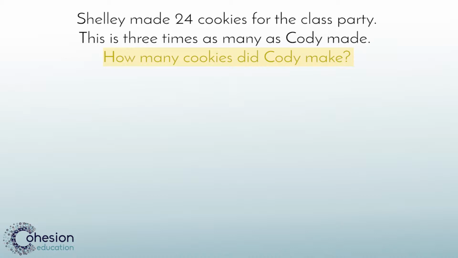Since the amount of cookies that Cody made is unknown, I am going to draw a model to help figure it out. I'm going to begin by drawing one box to represent Cody's cookies. I will put an N inside this box to stand for the unknown amount of cookies. N is commonly used in algebra to represent an unknown, but a C could be used to represent cookies, or the box could even be left blank. As long as a number is not put in the box, the important fact remains, that the amount is unknown at this time. I'm going to write Cody's name to the left of the box